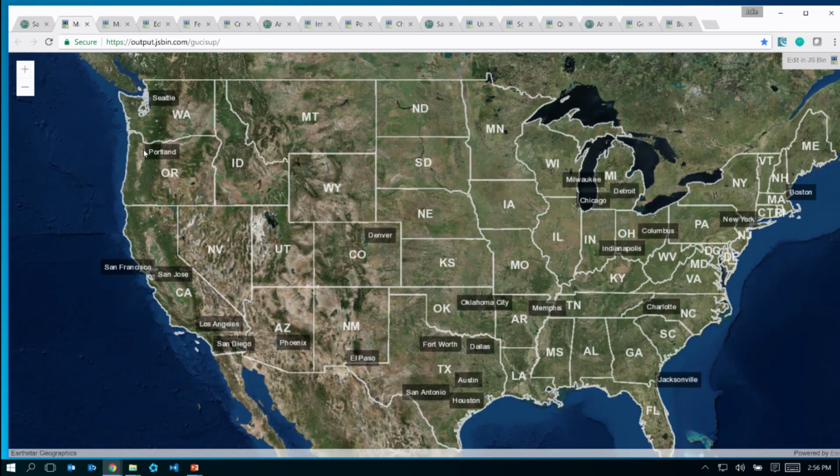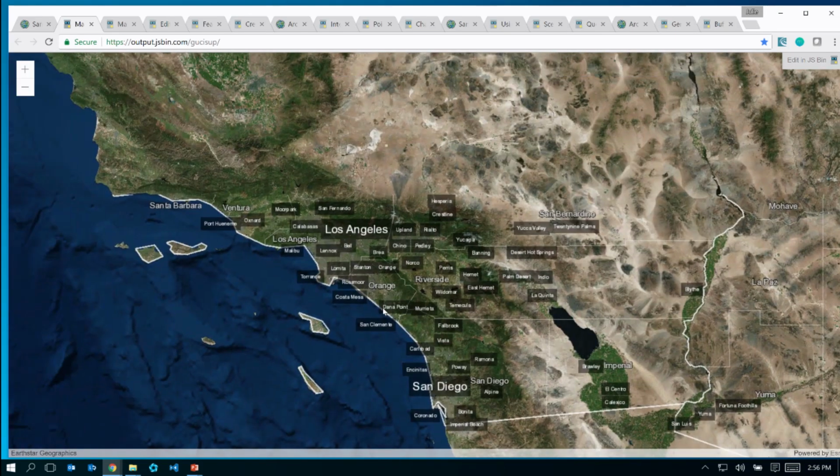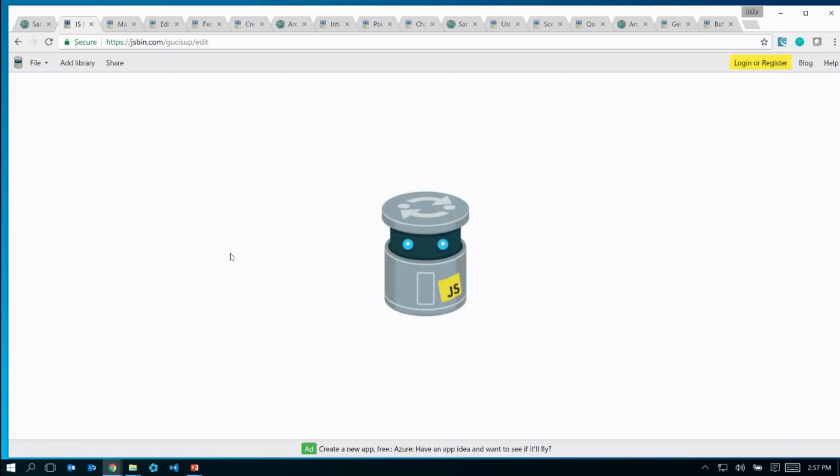The other one is also about labeling. So this is another example. All the examples I'm showing are available in the SDK. So I just put them on JSBin. But this is the same principle here. I'm mapping the different city names. If I go look at the source,